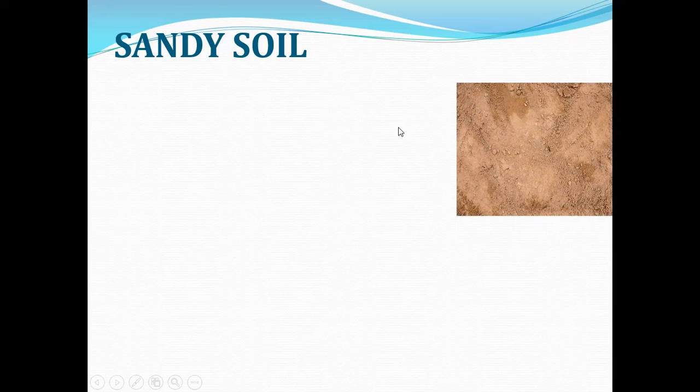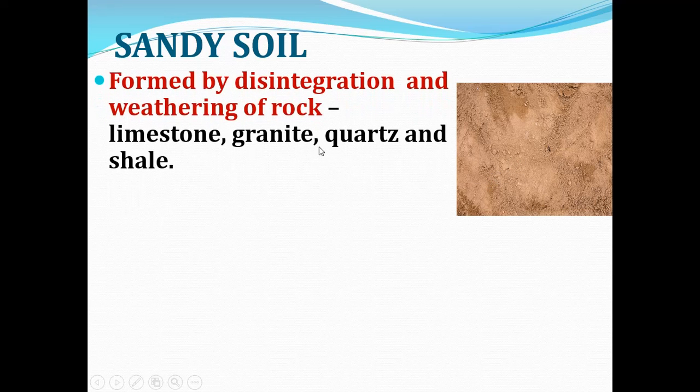So here you can see in the picture the sandy soil. So how is it formed? It is formed by disintegration and weathering of rocks. What is meant by disintegration, children? Breaking into pieces. Okay, so weathering means breakdown of rock particles into pieces. Yes, so disintegration and weathering of rock form sandy soil